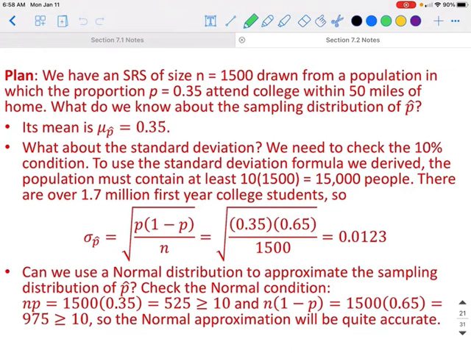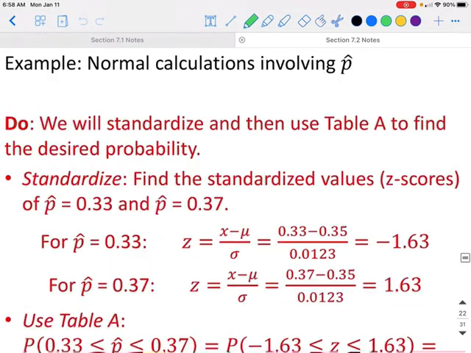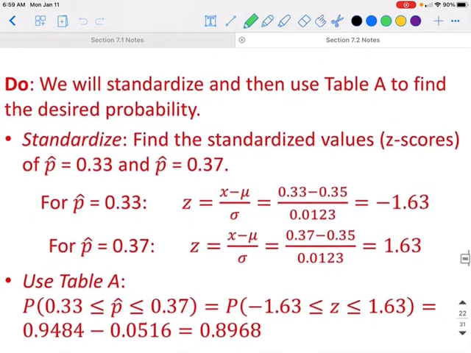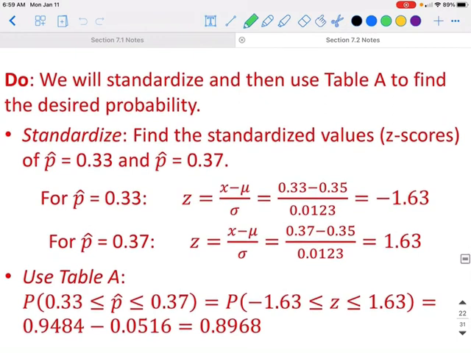So we will find the z-score when p hat is 33% and when p hat is 37%. Remember, z-score is x minus mu over sigma. So for 33%, we'll do 0.33 minus 0.35 over the standard deviation of 0.0123, and we'll do the same thing for 37%. Once you get those two z values of negative 1.63 and positive 1.63, you're going to go to